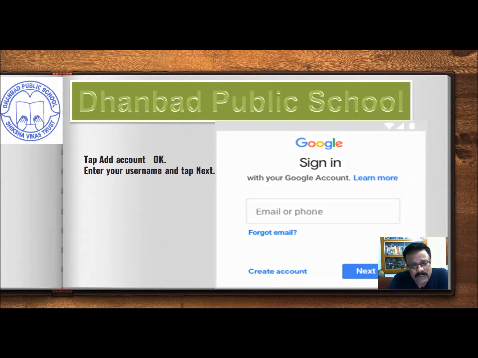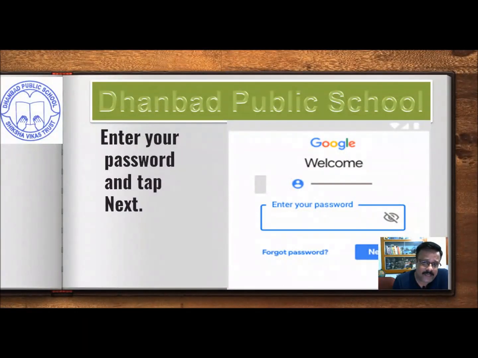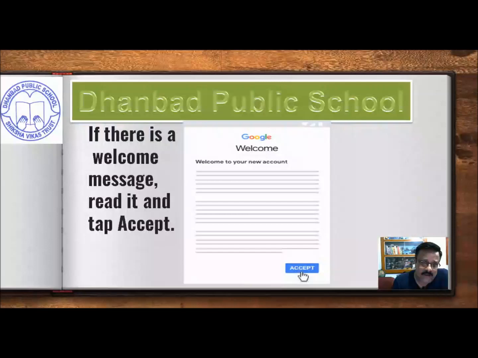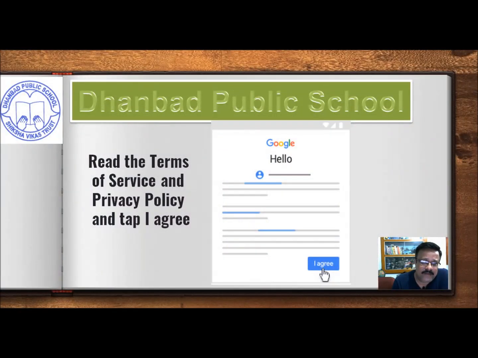So here also you have to give the same Gmail account, click on next and give the password. Or if it is already signed in, you don't have to give the password, only choose the account we are using. Then click on next. You will get a welcome message, read it and accept it. After that there are terms of service and privacy policy. Tap and click on I agree.